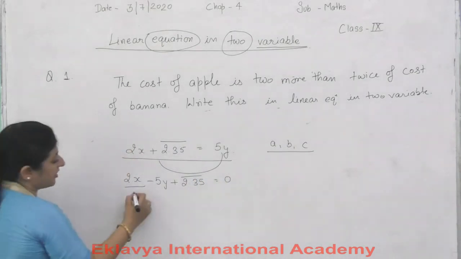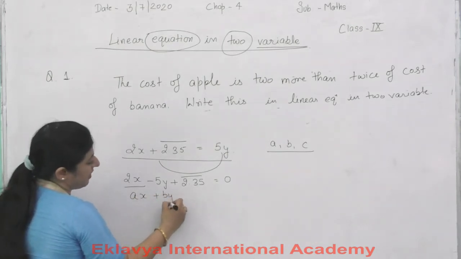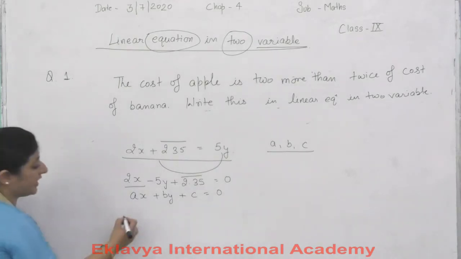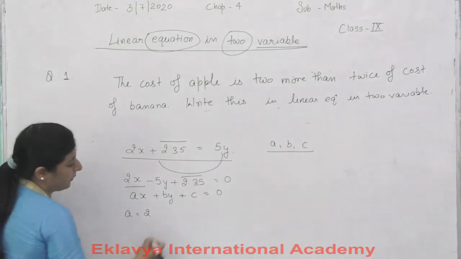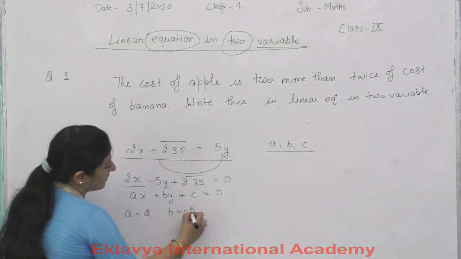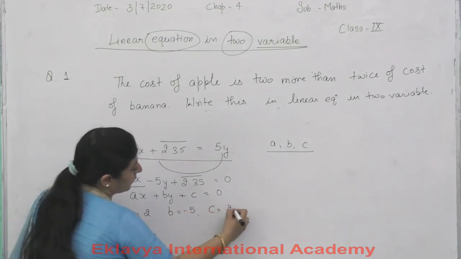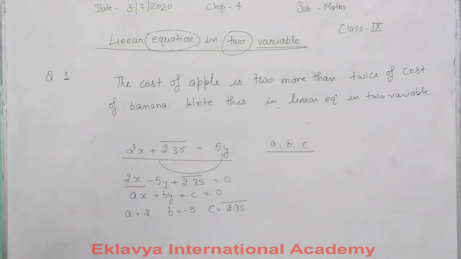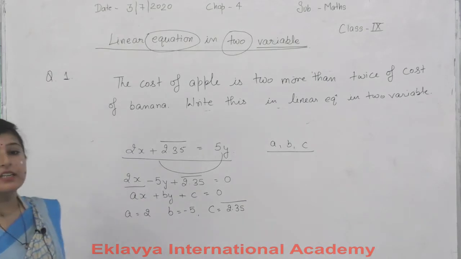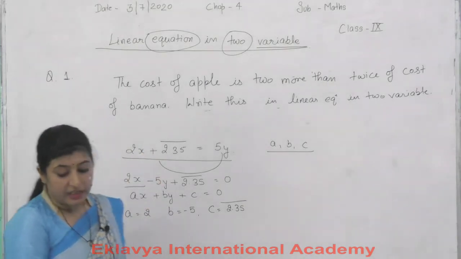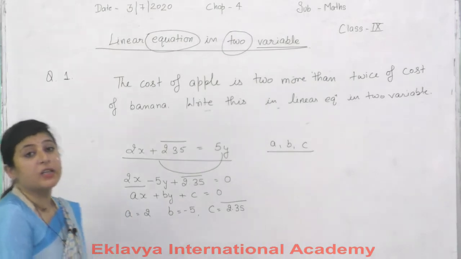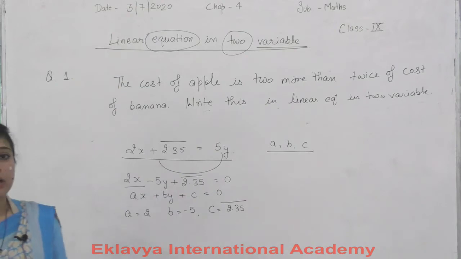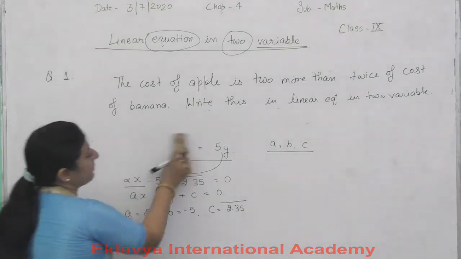What is our standard equation? That is ax plus by plus c is equal to 0. What is the value of A? A is equal to 2, B is equal to minus 5, C is equal to 2.35. This way we will find the values of A, B and C. Okay, now according to this example you can do your NCERT book exercise 4.1. Now we will proceed to the examples of